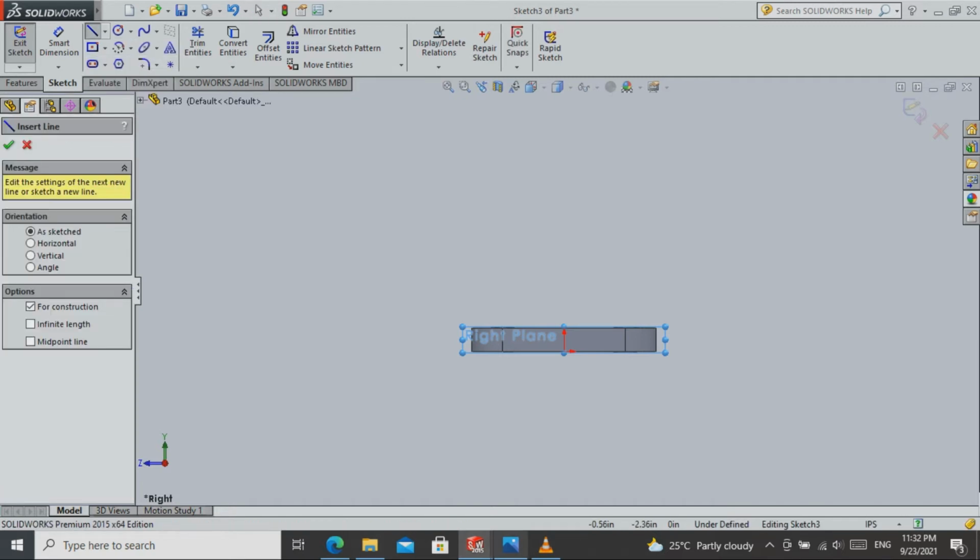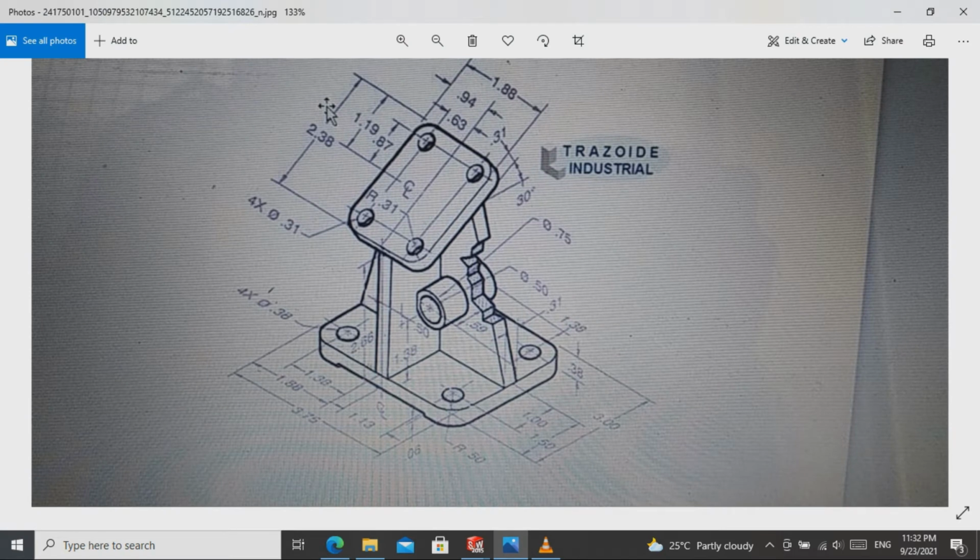So we're going to be making this part, wherein we have this shape here with 4 holes on the end, with the size of 0.31, so its thickness is 0.31 as well, and it is on this 30-degree angle and 2.66 here. So to do that,